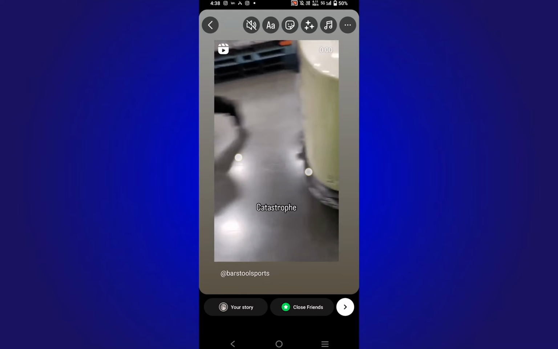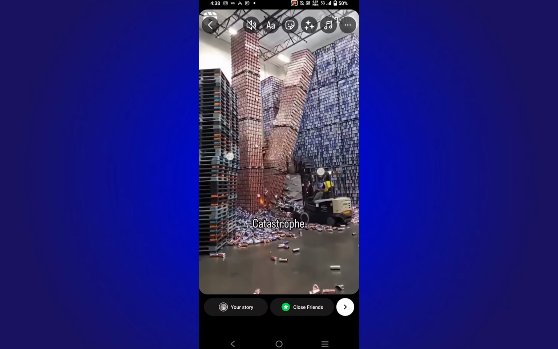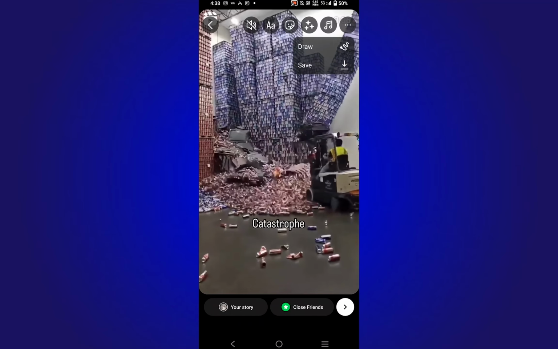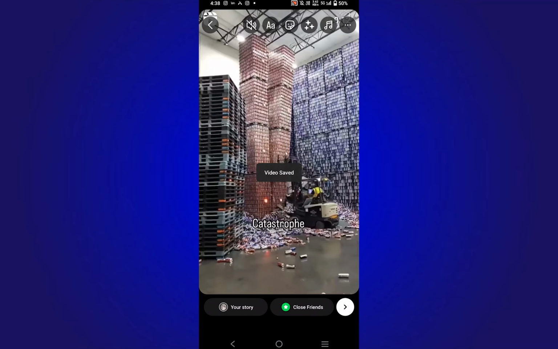After that, just adjust your reel as it fits your screen, and after it fits your screen, just click the three dots on the top right corner, and from there just click save. Right, it will only save your video up to 15 seconds, and if the video exceeds 15 seconds then it won't